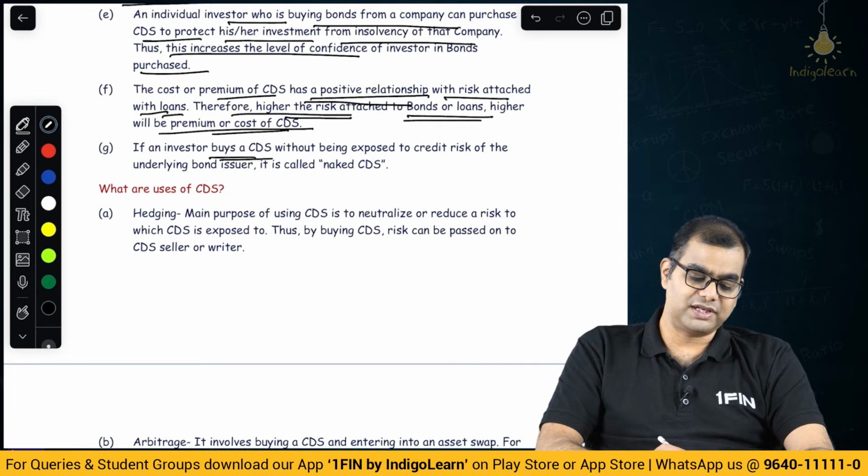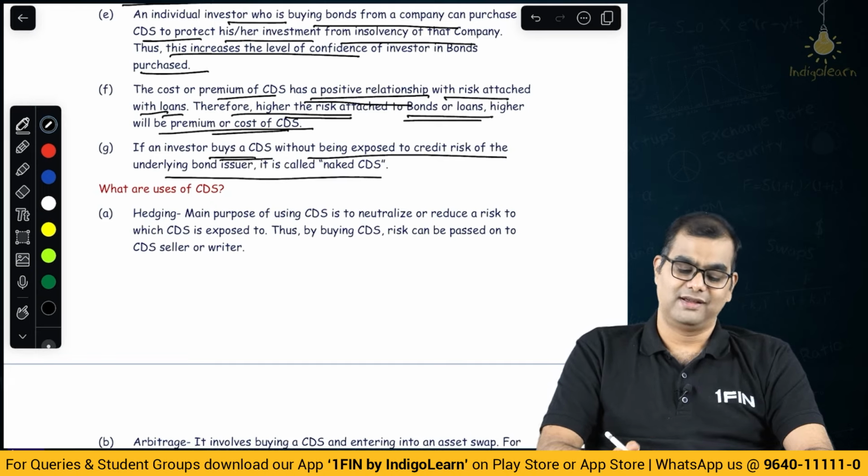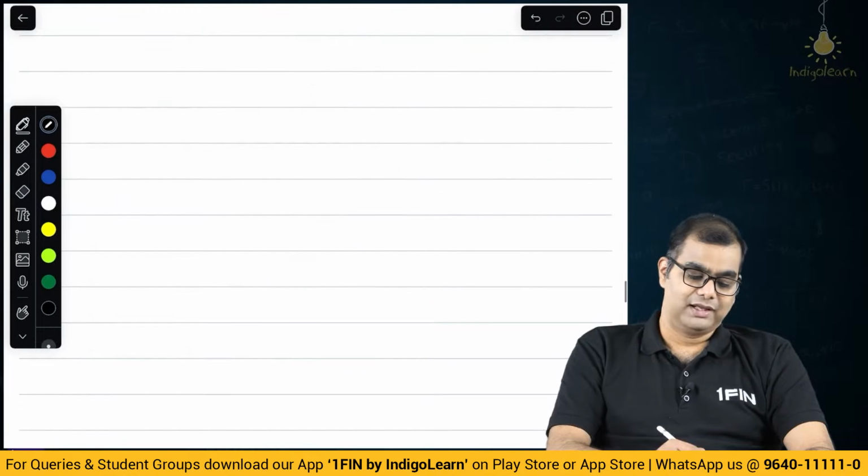What is the next one? If an investor buys a CDS without being exposed to the credit risk of the underlying bond issuer, it is called a naked CDS. We will take an example. Excellent example I have. Student A